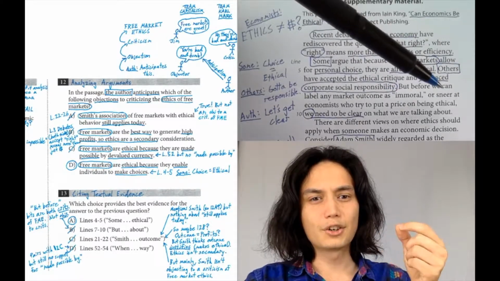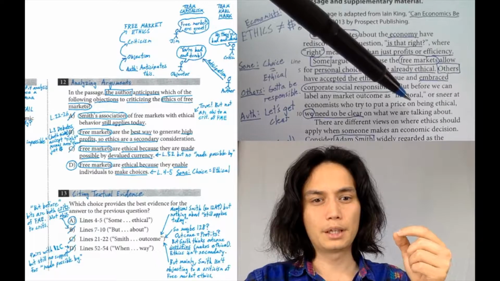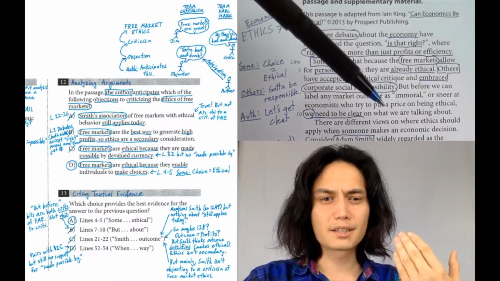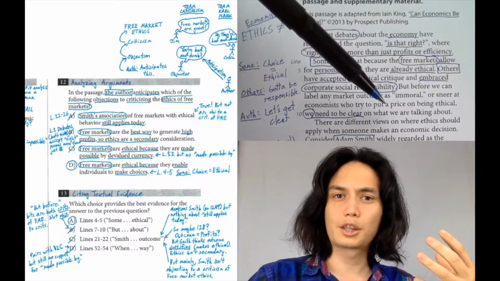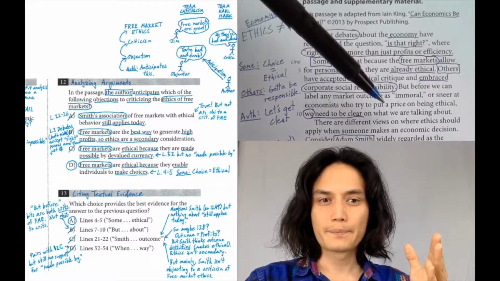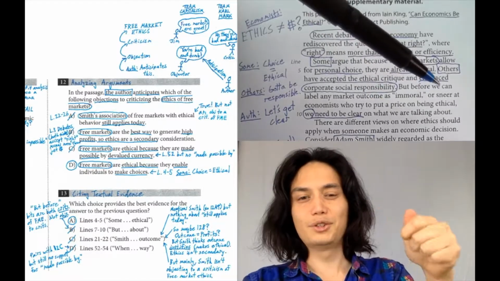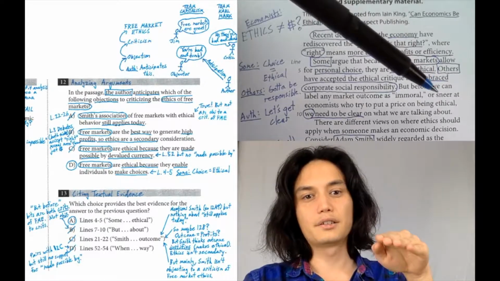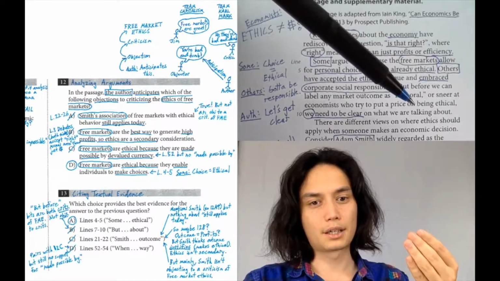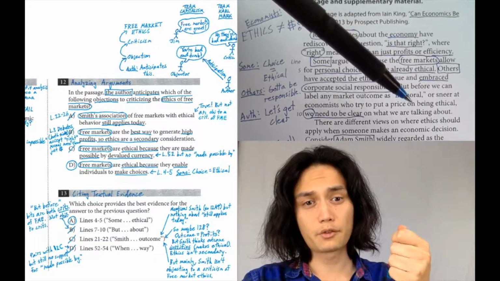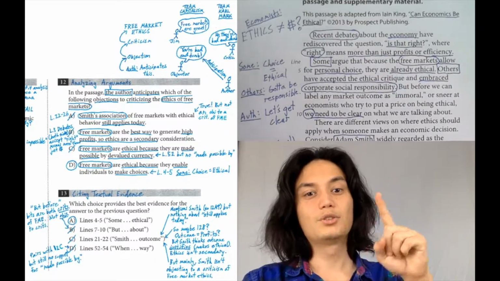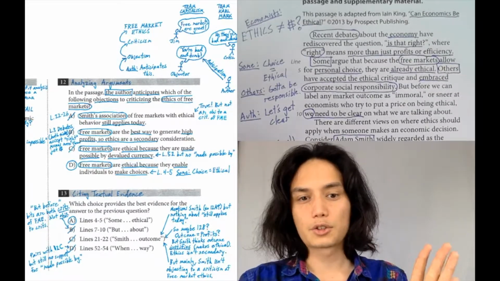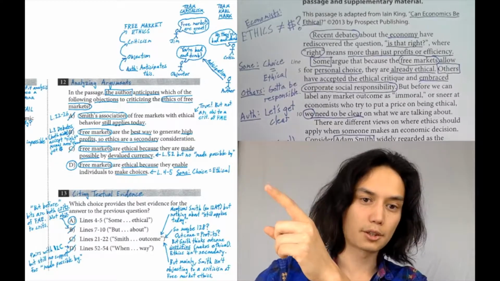Same thing with sneering at economists who try to put a price on being ethical. Being ethical is the effort of trying to be good. And putting a price tag on that: yeah, I'm down to be ethical, but only at the right price. And then sneering at someone who does that, being like, ugh, what a scummy thing to do. That act of sneering at people who try to put a price tag on being ethical is also a criticism of the free markets. It's not an objection to the criticism of the ethics of the free market. And that's one of the reasons why this answer choice is wrong. Another separate reason is that it doesn't match up with any of these claims.